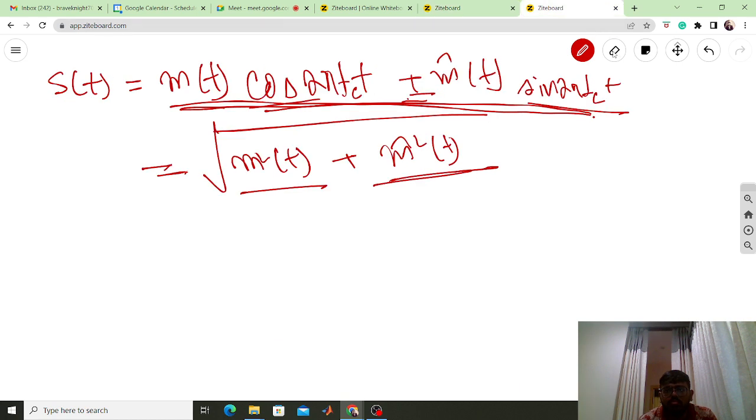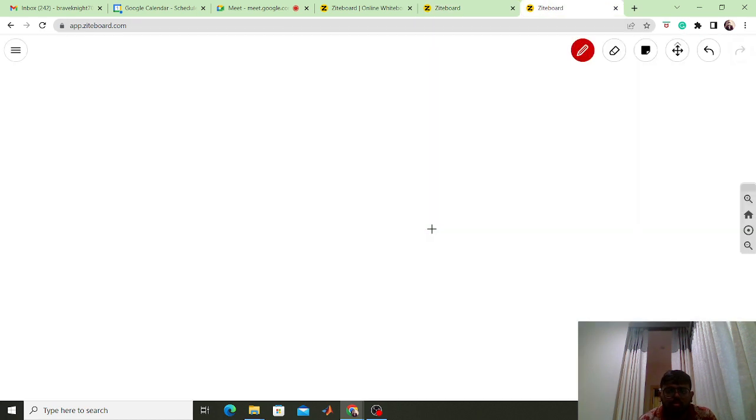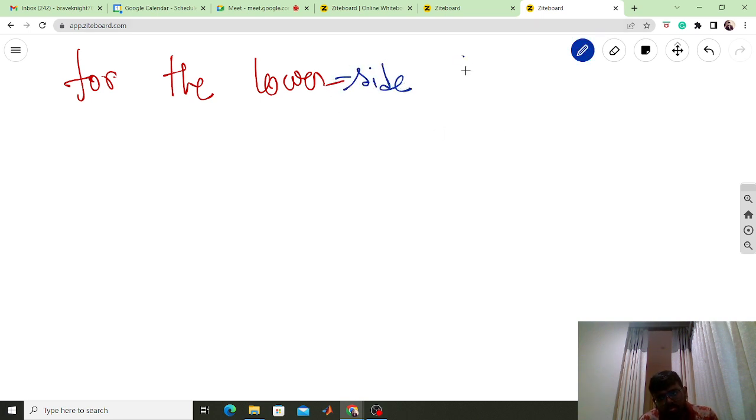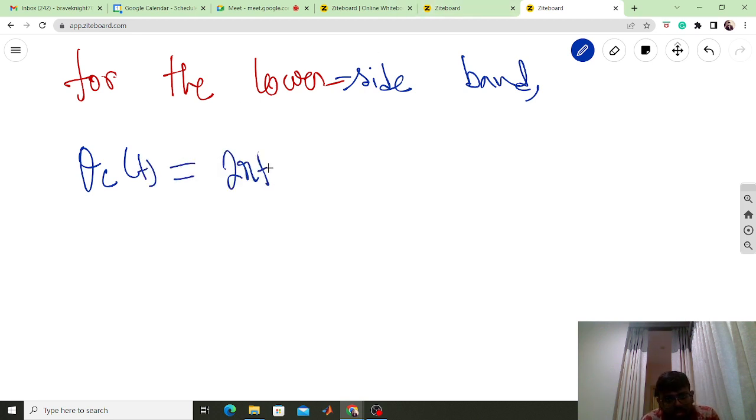So for the lower sideband, what will be the theta c of t? That is 2 pi fct,